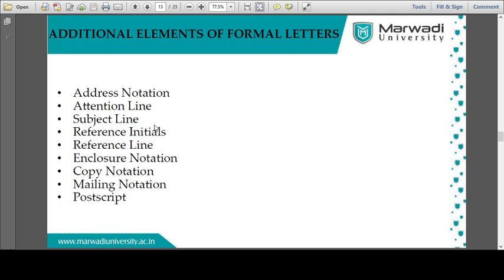Next one is enclosure notation. This notation appears at the bottom of the letter, one or two lines below the reference initials. For example, among the common forms is enclosures. Generally enclosures are an additional element. But if you are drafting letters like an order letter, for example if you are placing an order for 100 desktops, 100 PCs, then at that time whenever you are placing an order,